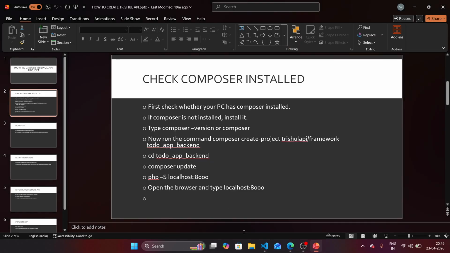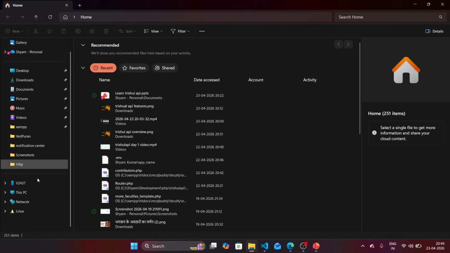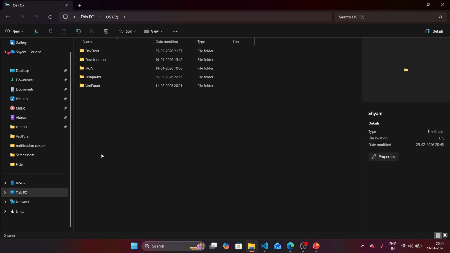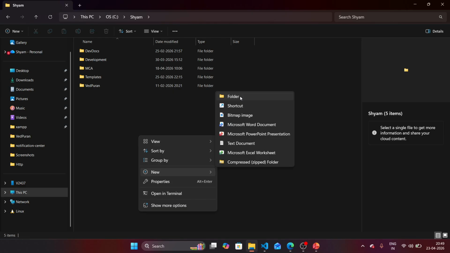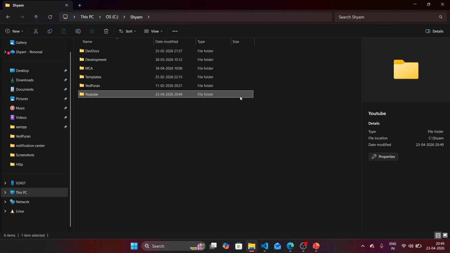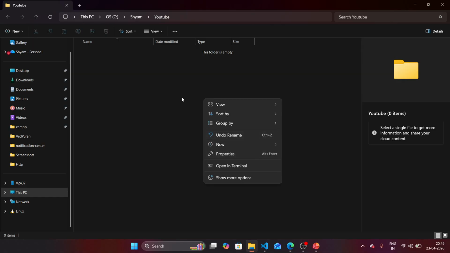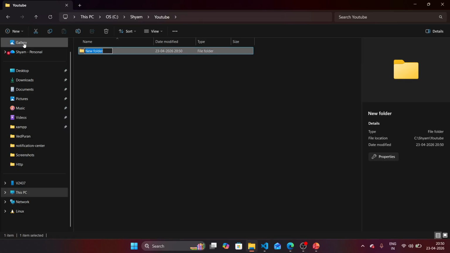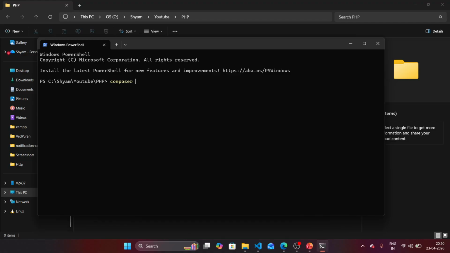So I will open my computer, go to the C drive, and I'll create one new project here, YouTube, and here I'll create another folder for PHP. I will open it in the terminal and I will write composer